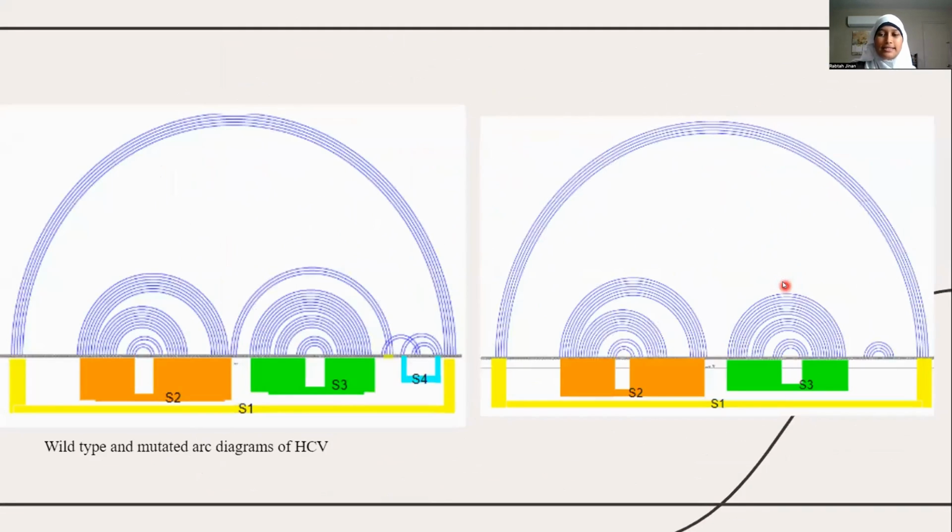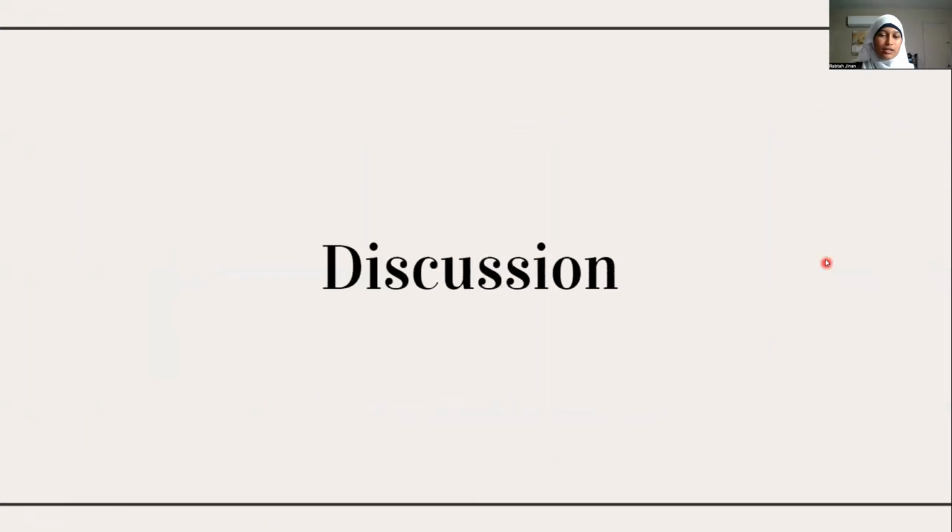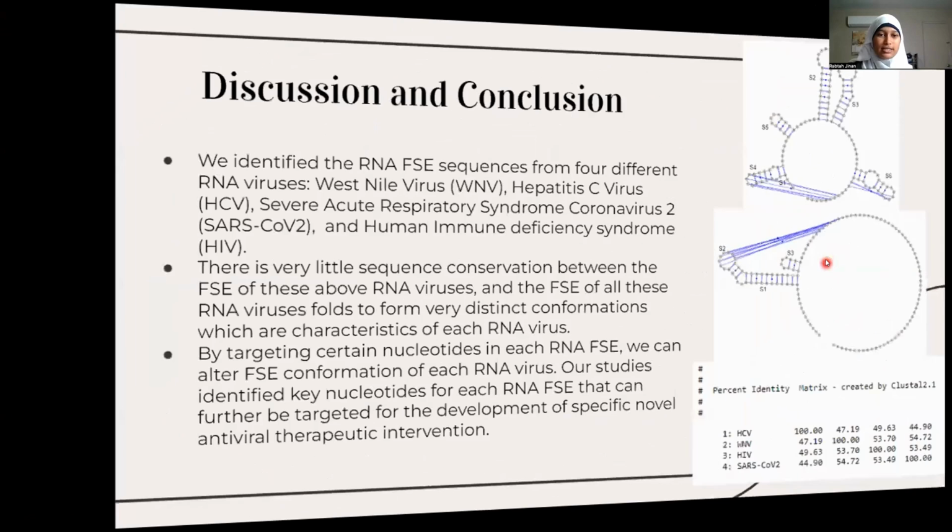Then for hepatitis C, we see a very weak domain over here between stem 3 and stem 4. And upon mutating it, we were able to completely eliminate the pseudoknot, which left only stem 1, stem 2, and stem 3. So to go into our conclusions and discussions,